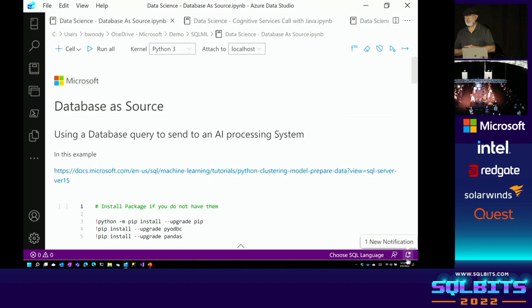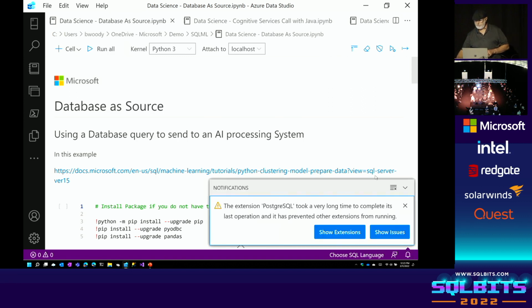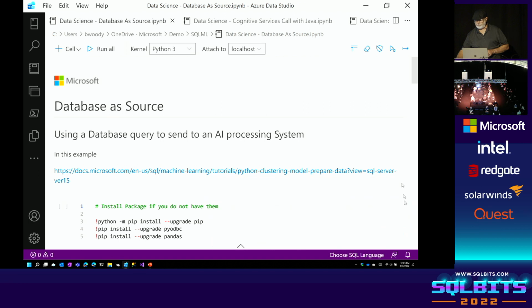This is a notebook. How many of you are not familiar with Jupyter Notebooks? Just raise your hand. Not familiar with Jupyter Notebooks. All right, good. So I've got a notebook here. And by the way, for those of you online, yes, shut up. The folks in the room did not raise their hands, so I'm assuming everybody knows notebooks.